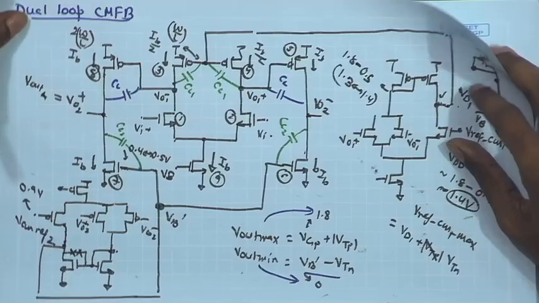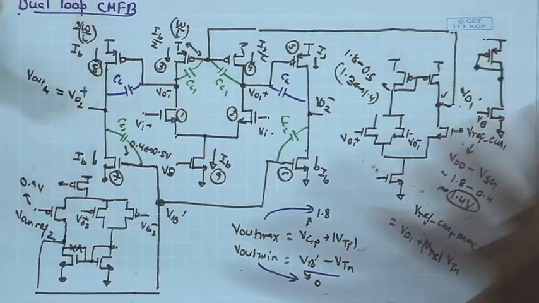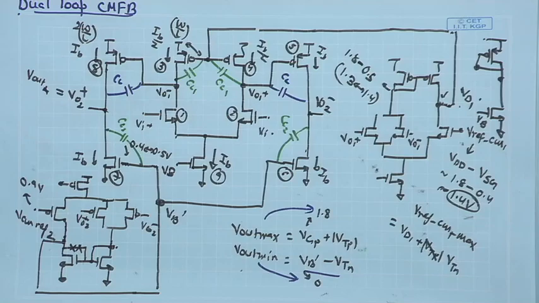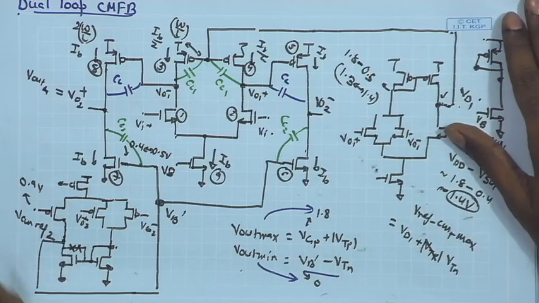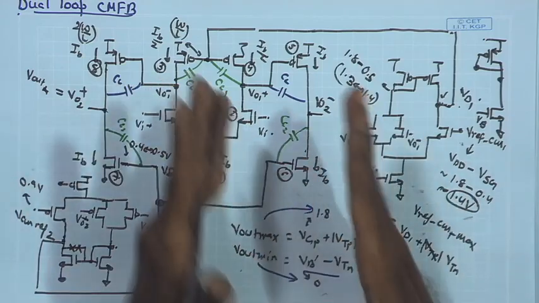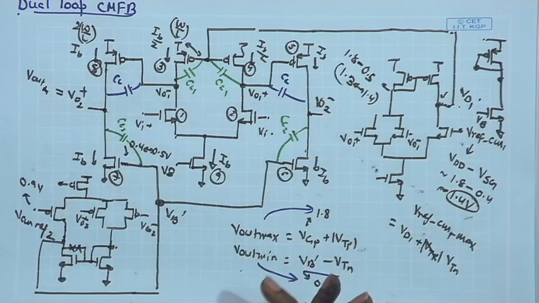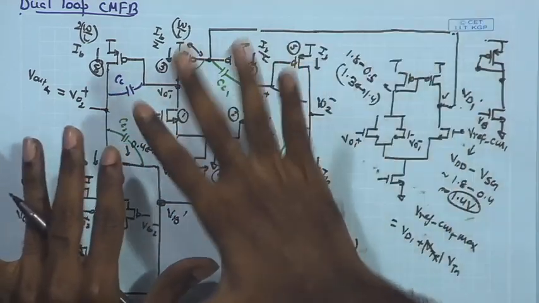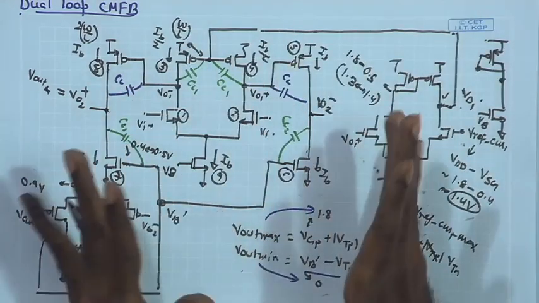Welcome back, and let us resume our discussion on the dual loop common mode feedback and contrast it with the single loop common mode feedback that we were discussing. So we have discussed the basic advantage that in the two stage common mode feedback, we have the advantage of setting the bandwidth of the common mode loop and the differential loop separately and optimizing them separately,